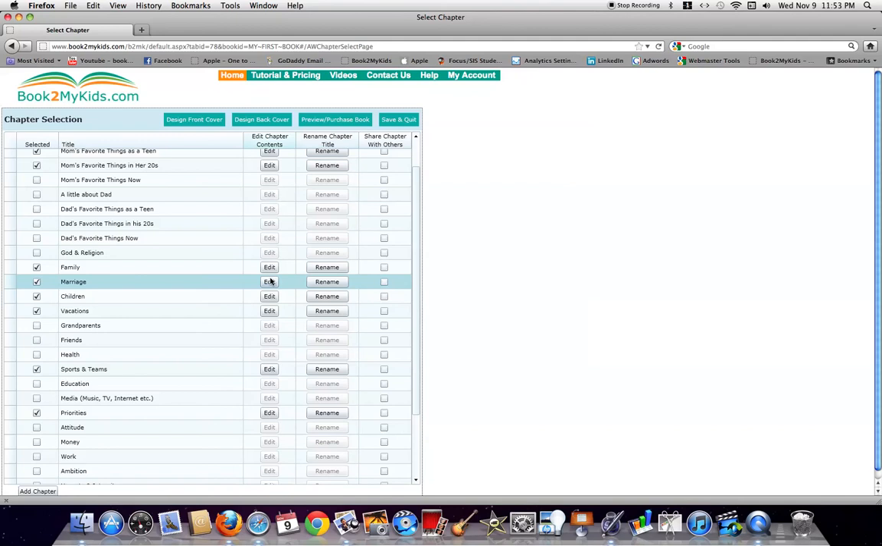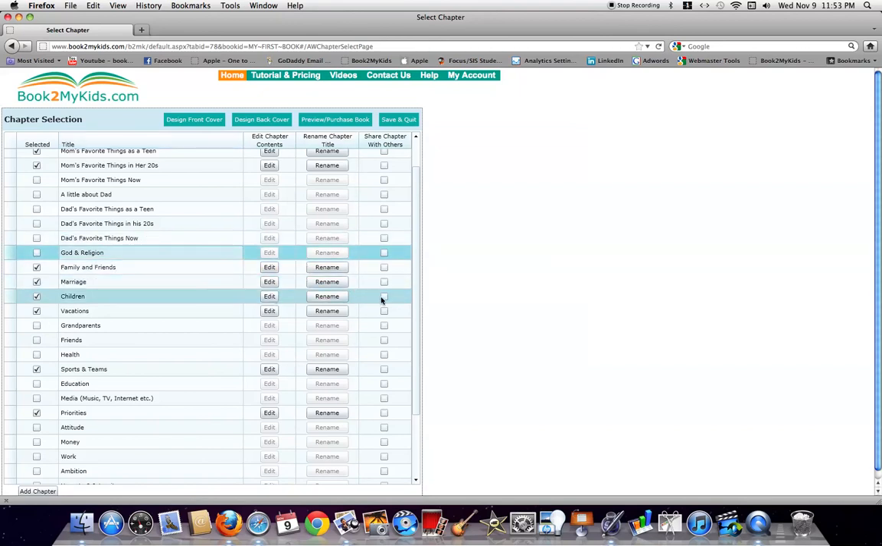So we already went through the edit function, the renaming of the chapter. Again, when you hit rename, you can rename family to family and friends if you wanted to, whatever you wanted to do. Okay. The other thing you can do is you can decide if you want to share the chapter contents with other users. So if you wrote something that you think is really worthwhile that you wanted to share with other users on children, you would just click share or you'd click the box under share chapter with others,